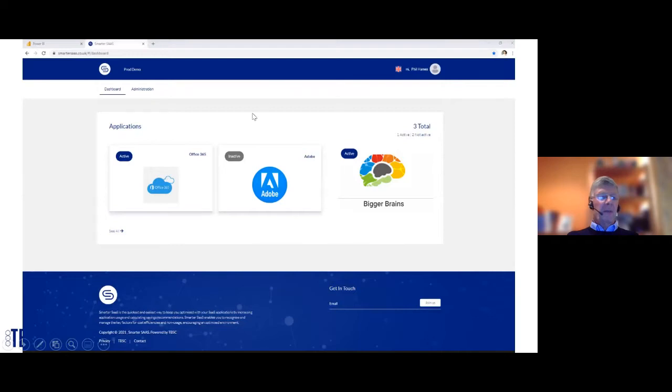If you're already familiar with our technology, you know you can just click and see reports about your efficiency of usage of 365. We also have other services like Adobe, but one of the additional facilities is going to be the links through for the deployment of the Bigger Brains training courses.